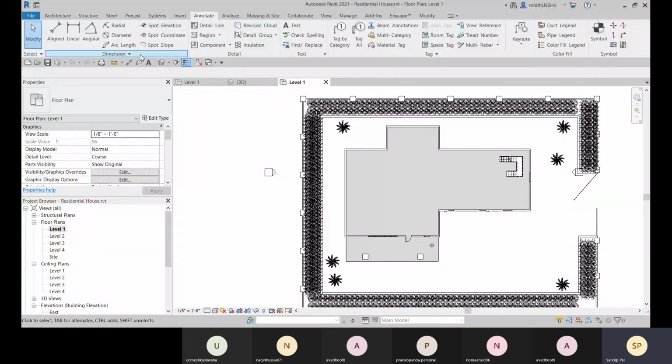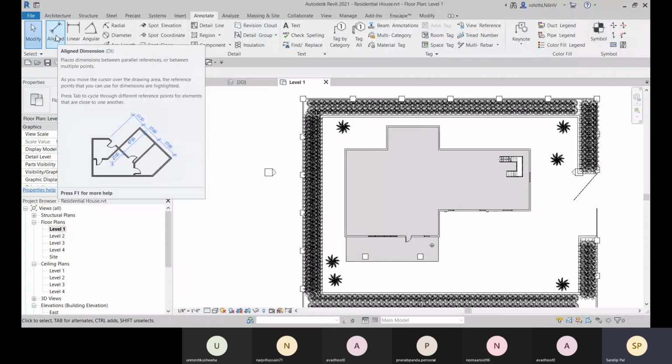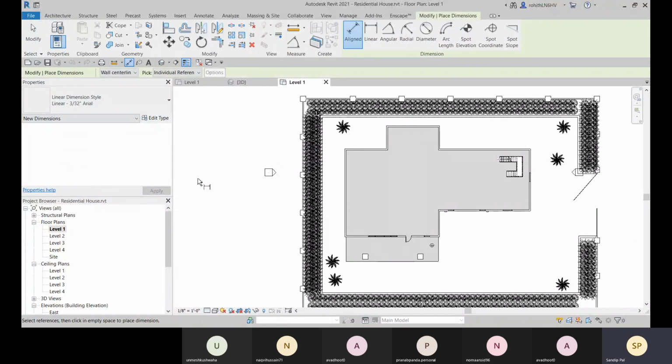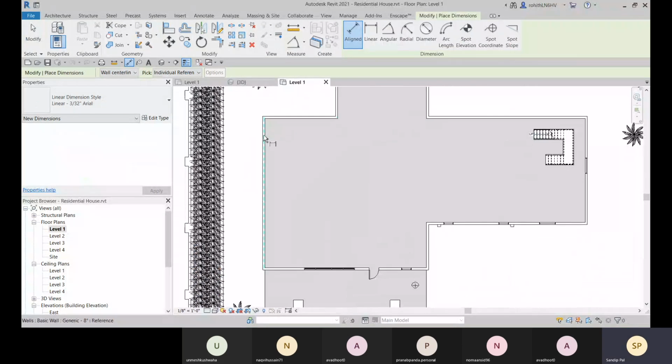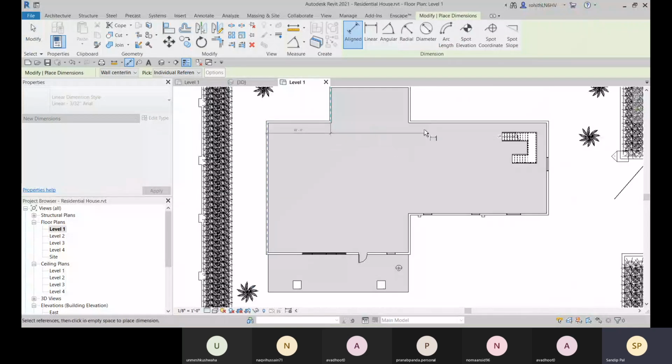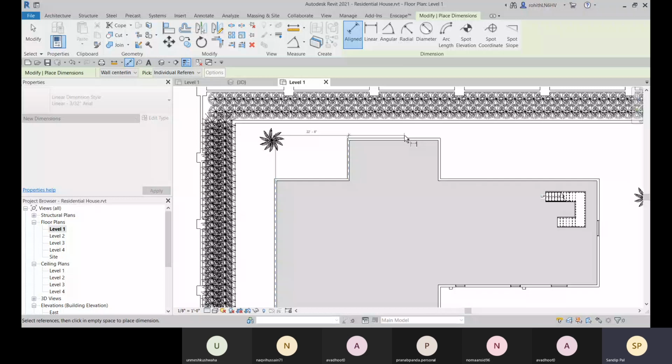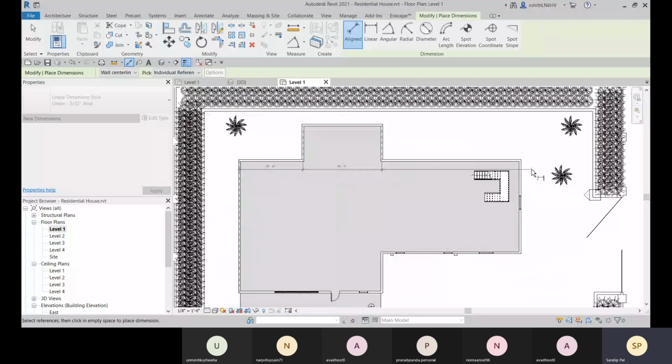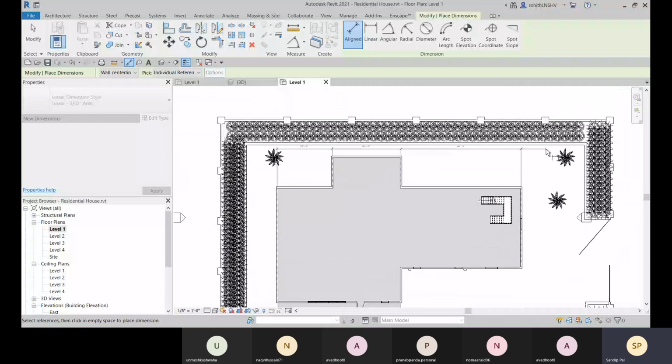These are the options for creating your dimension. Here I have this Aligned dimension. If you choose this aligned dimension, you can create a dimension at any particular angle or for any aligned lines. Now here you can select the center line to this center line. You can place this distance and it will continue placing. This way you can place this dimension, and then just click outside and you have placed it.